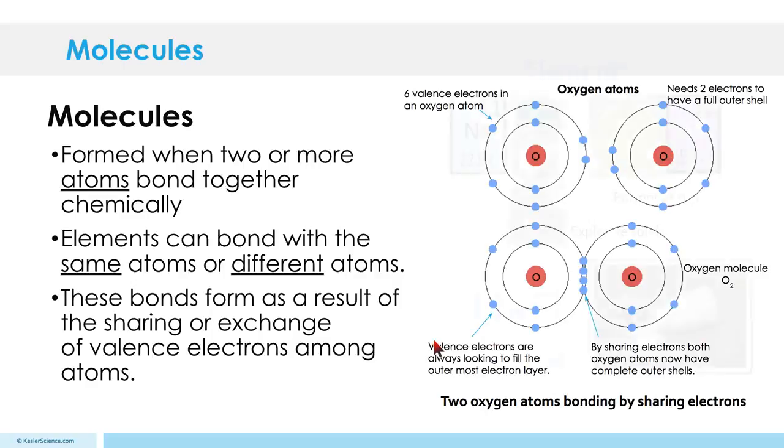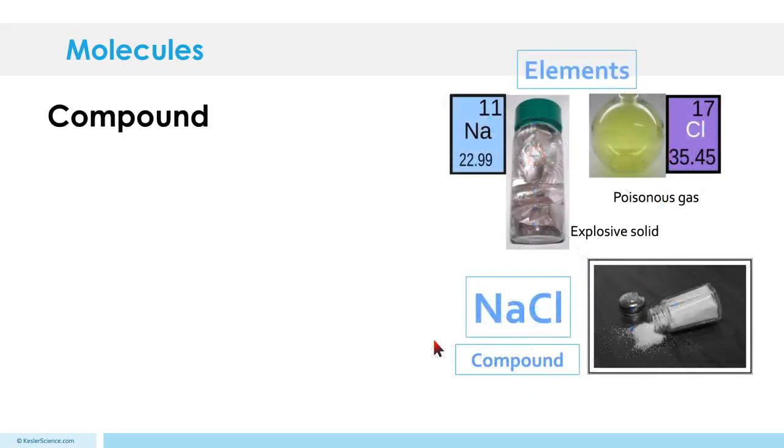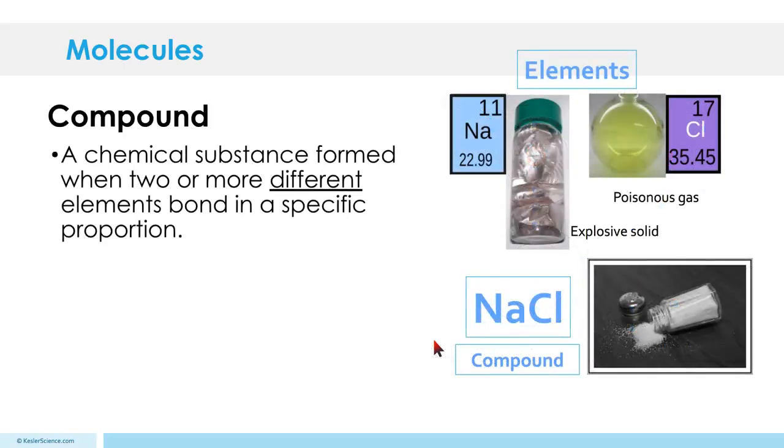All right, moving on. So one of our favorites, NaCl. We know that by themselves they'll kill us dead. You take some Na, deader than a doornail. You drink down some chlorine, deader than 2 doornails. We have an explosive solid and a poisonous gas, but you mix them together and they're amazing on roasted broccoli with a little bit of coconut oil, and you sprinkle some of that combined explosive solid and poisonous gas on it,